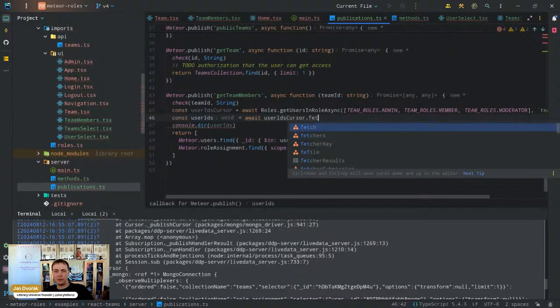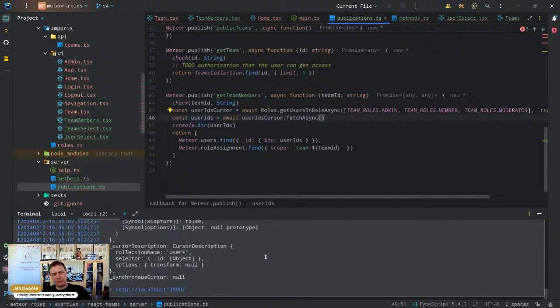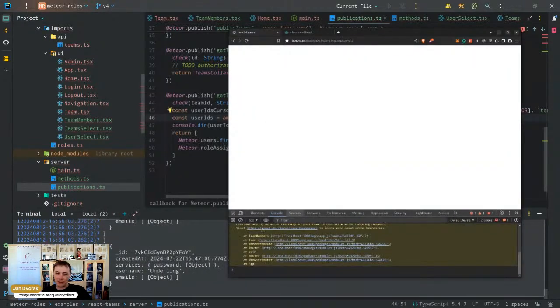So let's just do here the fetch async. Bit of an issue, I think. There. Don't remember exactly from the top of my head. Okay, so